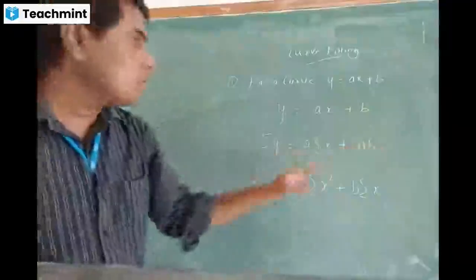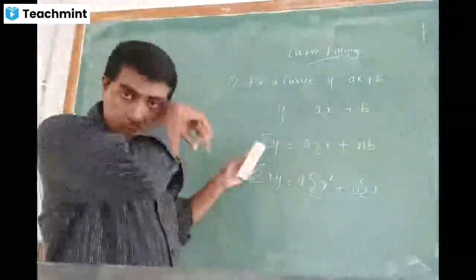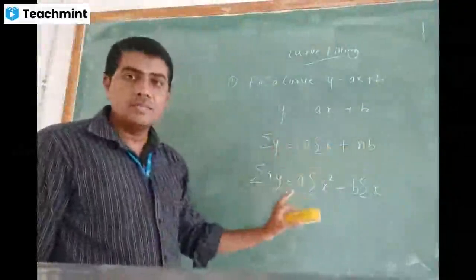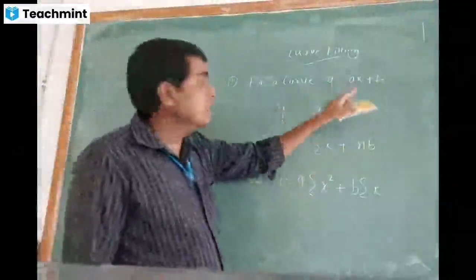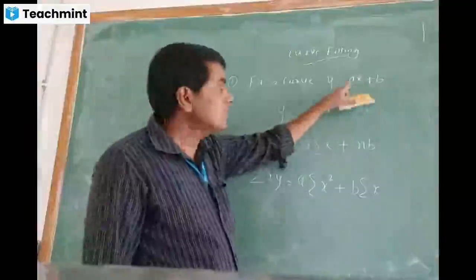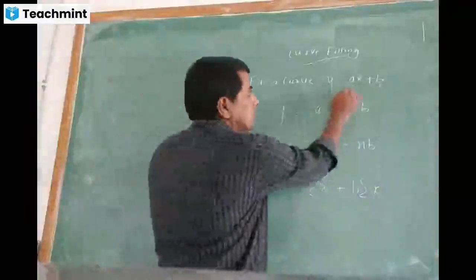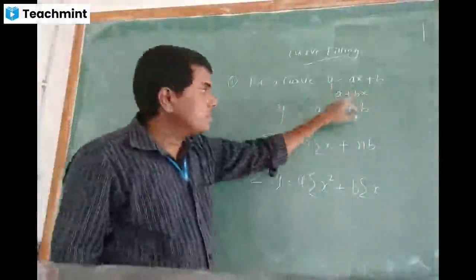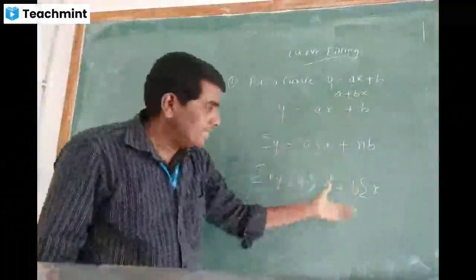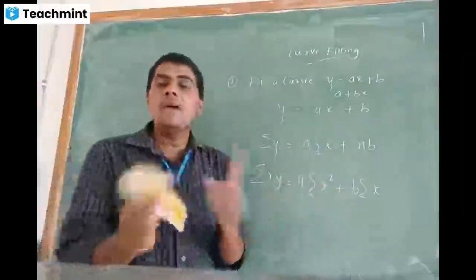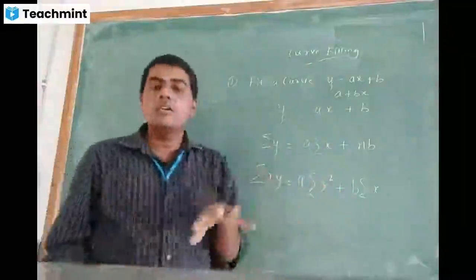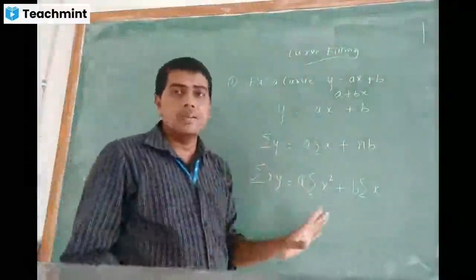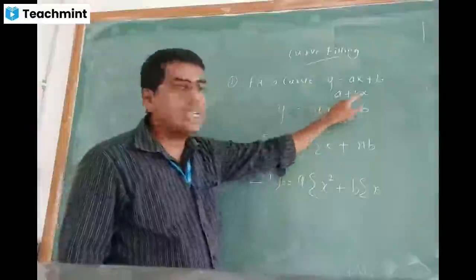Fine. Now I am going to solve one or two applications based on this. So be careful now. Do remember the procedure. Don't memorize these things by heart, because sometimes in examinations they may change the curve. Instead of giving y equals a x plus b, they may give it as y equals a plus b x. If the equation is in the form of a plus b x and you write these general formulas, the a and b values will be interchanged. In that case you are not going to get full marks. For that reason, remember the procedure, not by heart. If the given equation is in this form, then what is the normal equation?